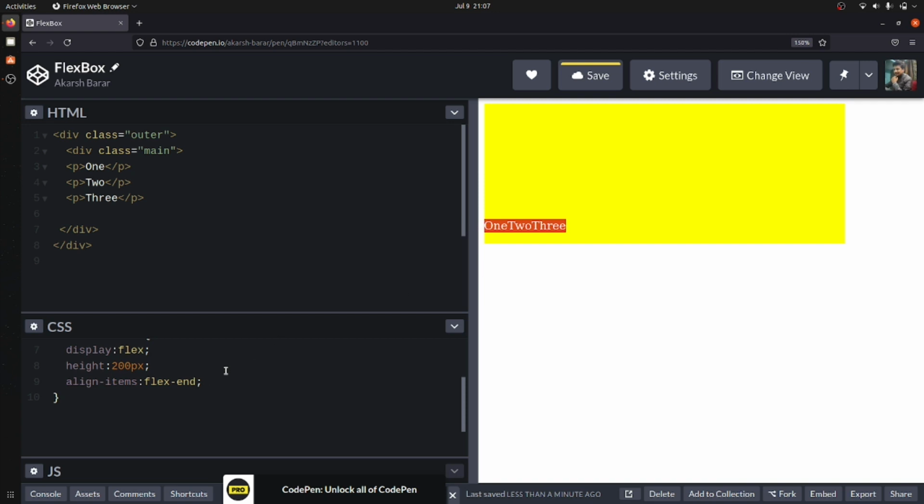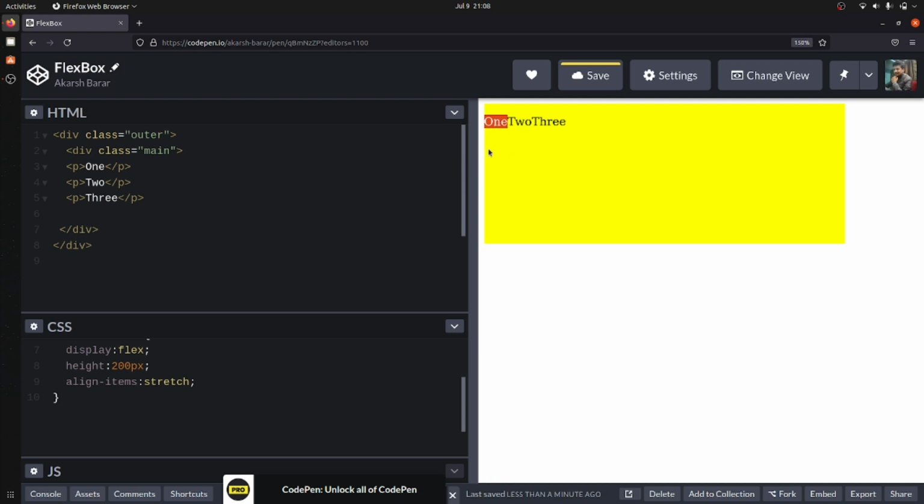And if I go with one of the other options, that is stretch, you can see what stretch does. Stretch spelling is not correct. Yeah, so stretch, align items, stretch. Basically stretch will stretch out everything depending upon the parameters.